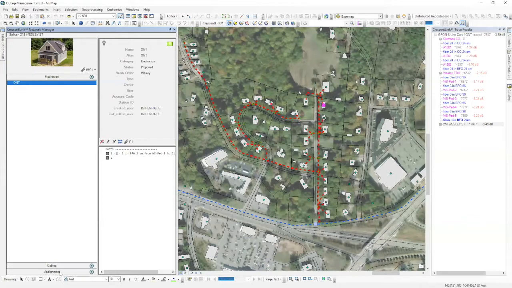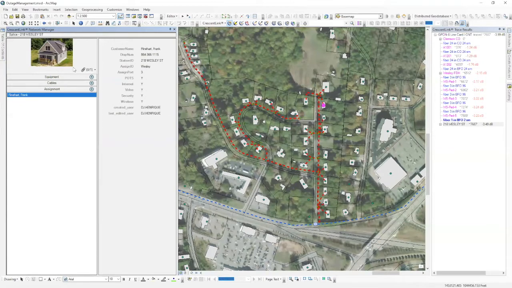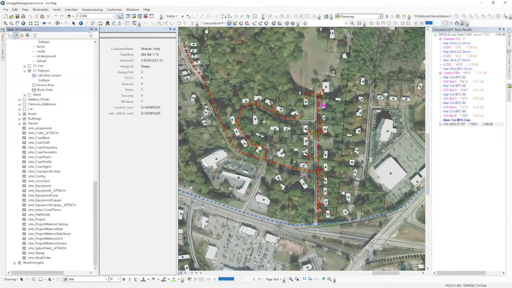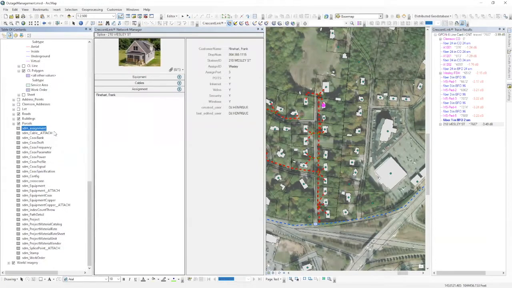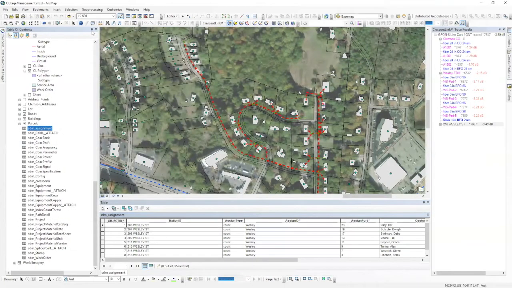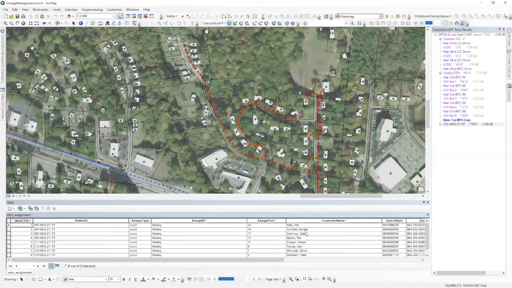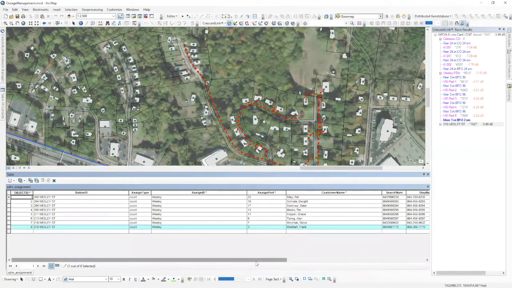Then we look down here at the assignment table that we talked about. So if I open that assignment table, I want to talk about it really quickly. This is also a configurable table. So if we come down to 218 Wesley here, you can see the row that we have for Frank. This is a table that would normally be populated likely by your database administrator, right? This isn't something you're going to want to keep up with manually. But what we're able to do is connect the station ID to the station ID that was at that service location. And then if you want to go one step further and have it show up in your trace results,